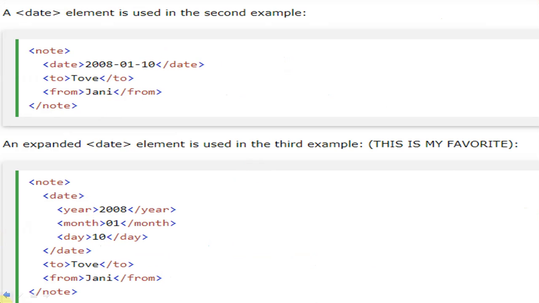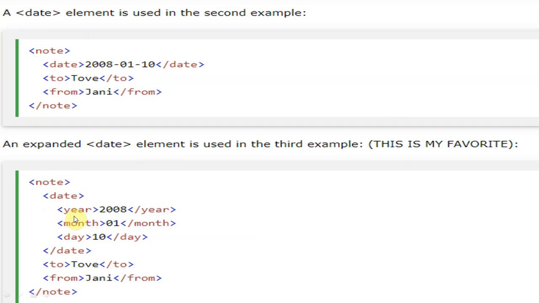Again you can see here the date element is used in the second example. Here we have given date as an element and to and from elements. So inside the note we have written date and to and from, and note is closed here. But date is expressed here in such a way.